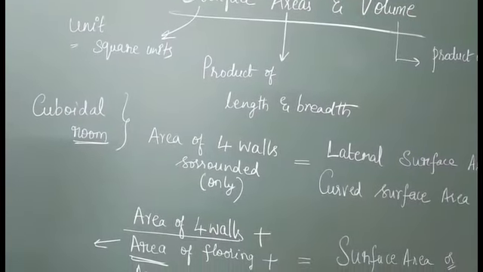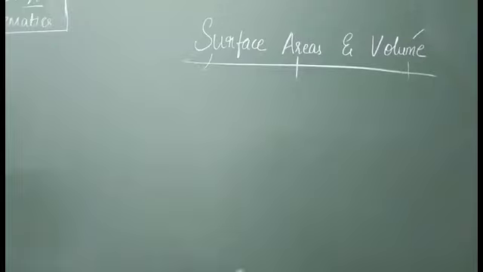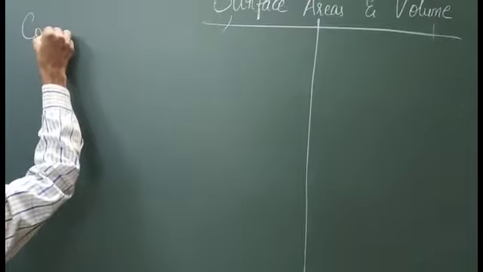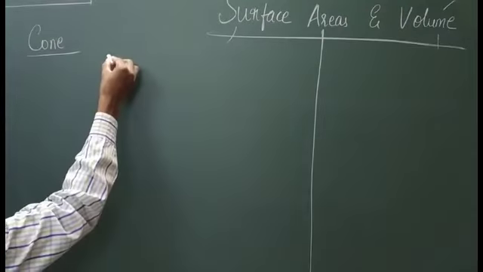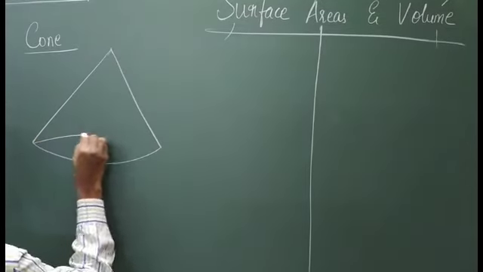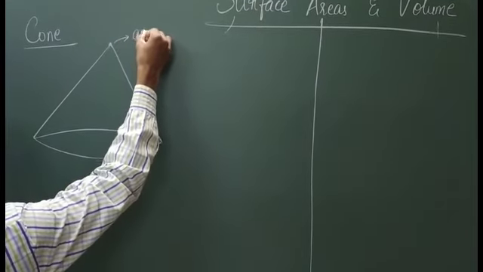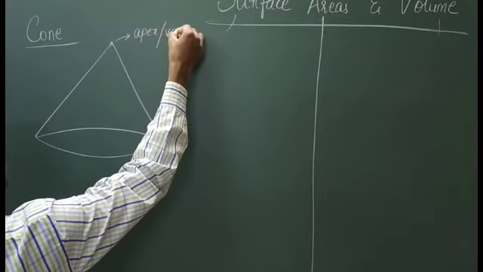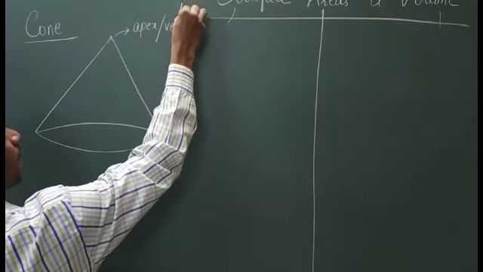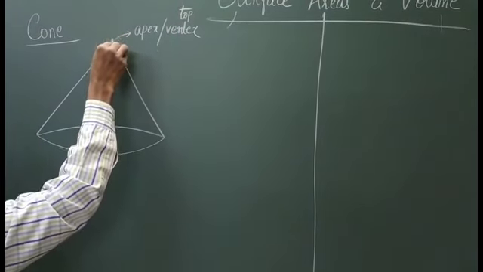So with this introduction, not to elaborate too much, let us start with your topic for your 10th standard mathematics. Under this chapter, let us take this solid into consideration, the cone. This is the shape of a cone. This is called the vertex or apex. From this top vertex, if I drop a perpendicular,